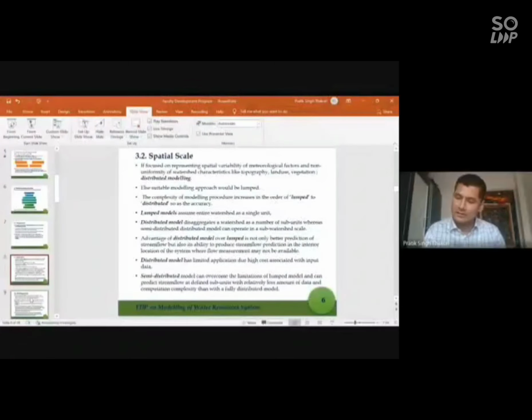So if you have very little data, or very little time and knowledge to deal with in hydrological modeling, then it is not advisable to go to distributed modeling. It demands a higher amount of data and time. Even your computer specification requirement could go high. Similarly, the lumped model just assumes the whole watershed as a single unit, whereas a distributed model disaggregates a